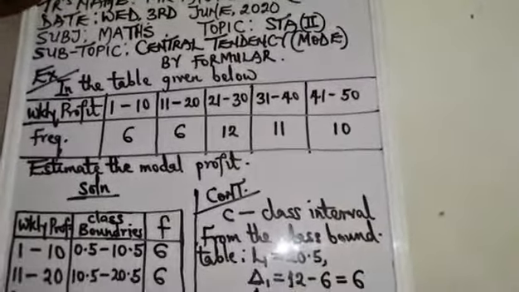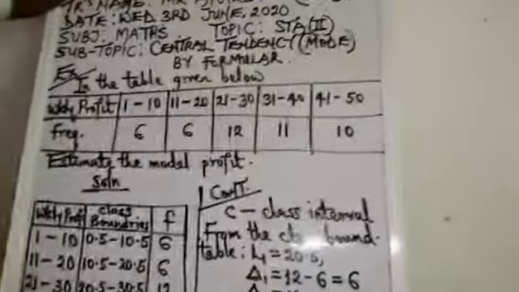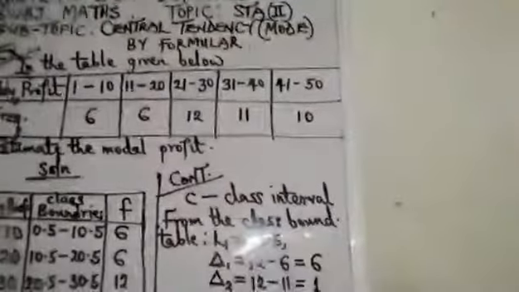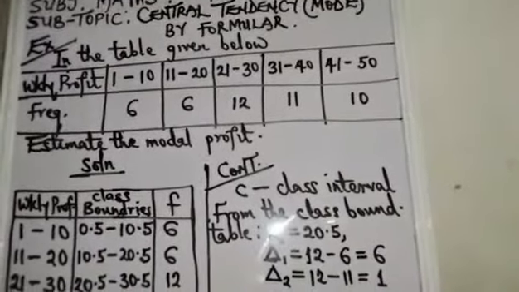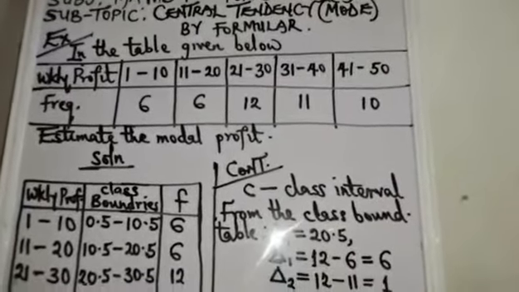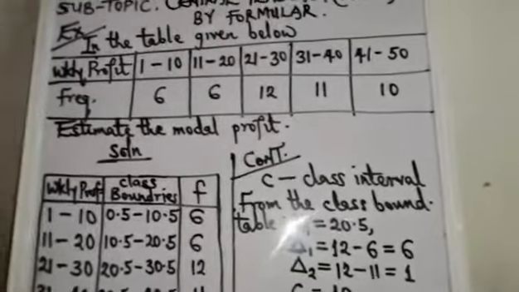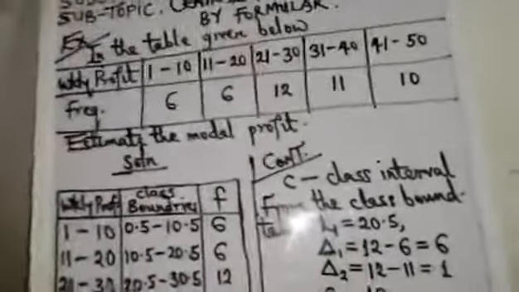We can observe that previously we have been solving this central tendency, especially this mode and median, in terms of ordinary calculation. This time around, this is by formula because we are bound to know this in case of our forthcoming WAEC exam, because this is one of the past questions I'm trying to explain.